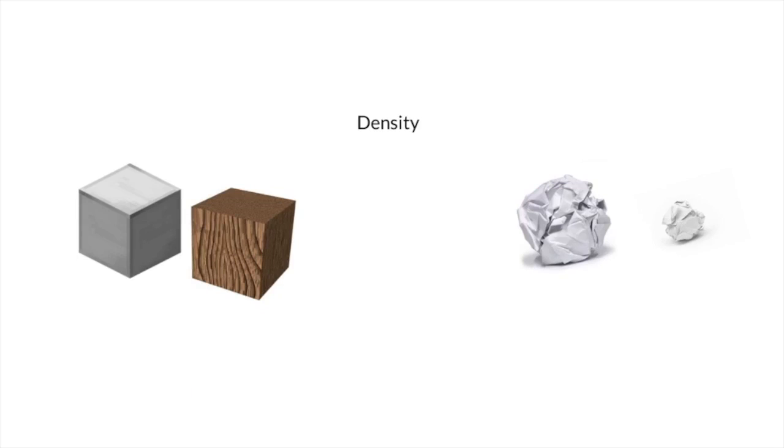Now our next quantity is density. Now consider a metal block and a wooden block. They have the same dimensions, that means their volume is the same, but their masses are different. So I can say that an iron block or a metal block will have more mass compared to the wooden block of the same size. So I can say that the density of the metal block is more compared to the density of the wooden block.